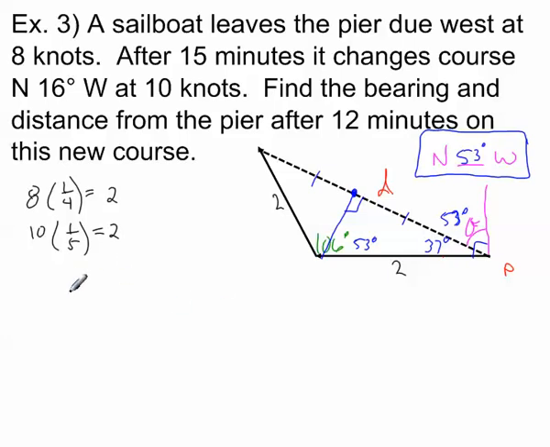So I can set it up as the cosine of 37 degrees will equal the adjacent side divided by the hypotenuse of 2, and multiply both sides by 2. So I have 2 cosine 37, which will give me the distance, and that is, in my calculator, 2 cosine 37 in degree mode, got